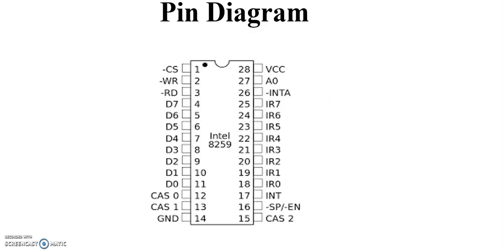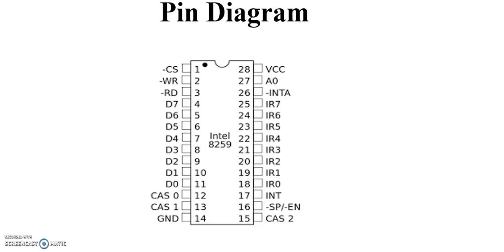Next, the pin diagram. This 8259 has 28 pins. The first one is CS, the chip select of your 8259. Second is read and write. Using the read signal, the content on D0 to D7 will be read by the processor. It could be the status information of the register, or the data transferred from the hardware because of the interrupt request.